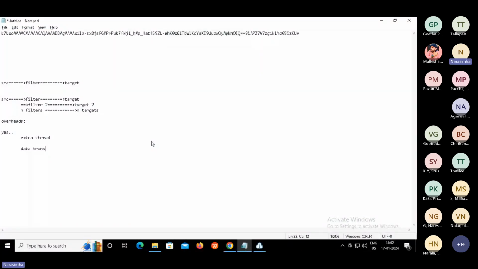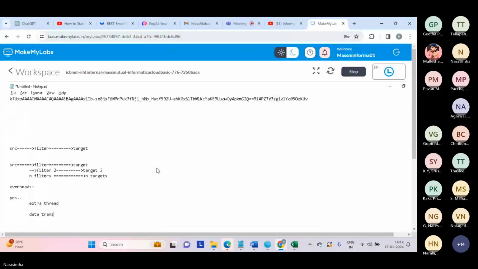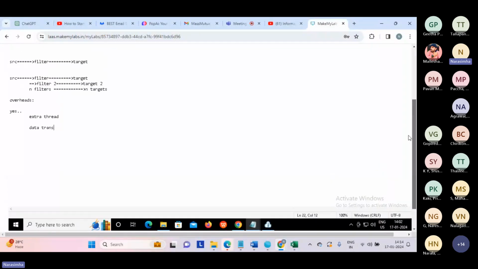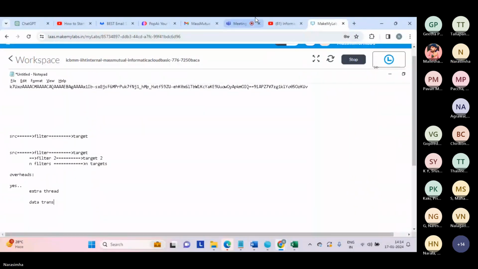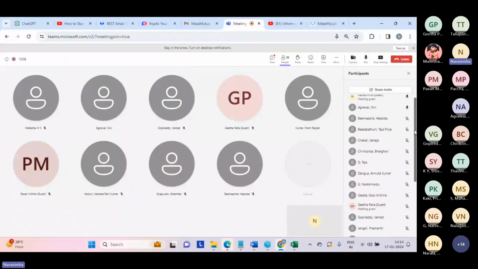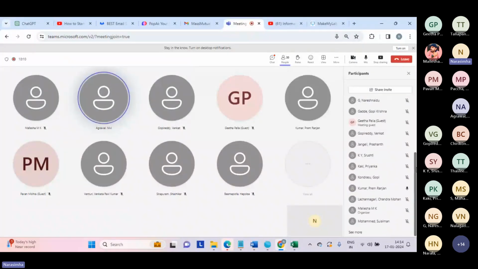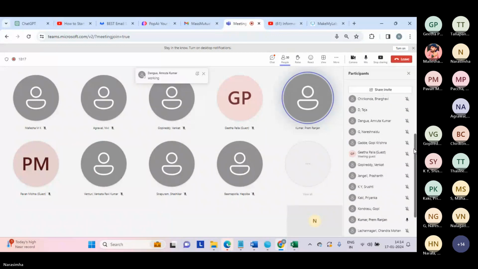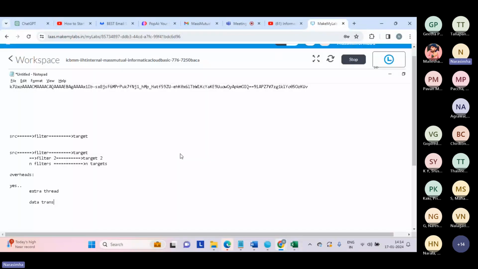Guys, please check the lab. Is it working or not? Not working. Yeah, it's not responding. Malesh, are you there? It's working for me. Ranjan? For me it's not working. Oh, for some it's not working. For me also it's not working. What happened here?